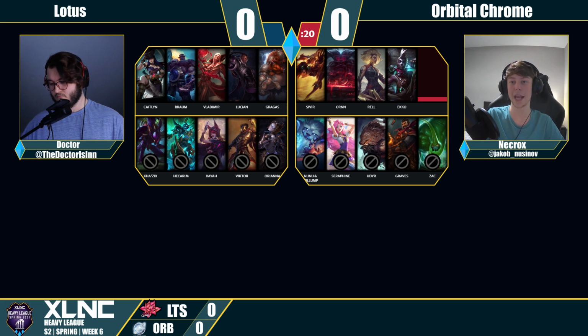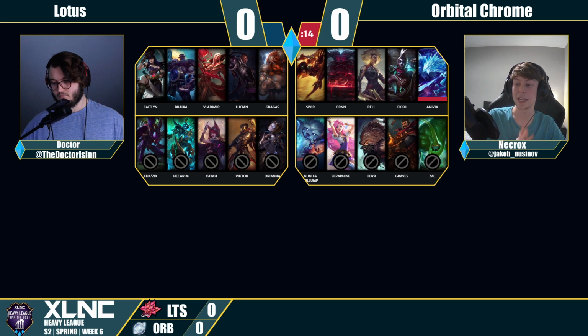Orbital Chrome, last pick of the draft. To round out your front-to-back team composition, it is the Anivia. Makes a lot of sense. Just sort of throw up the wall, burn down the front line, and then move your way onto the backside. Yeah, and